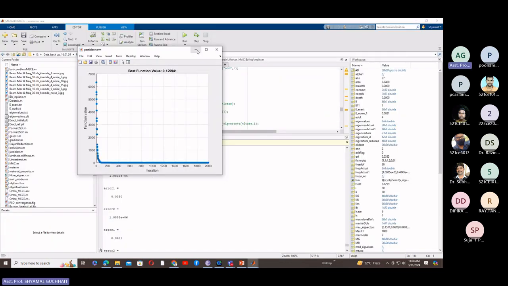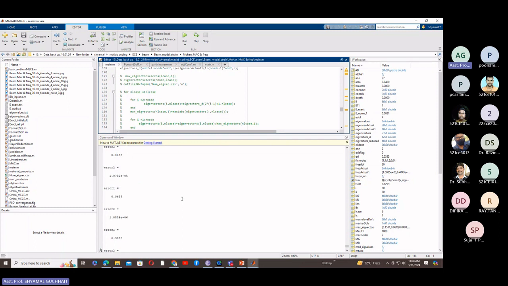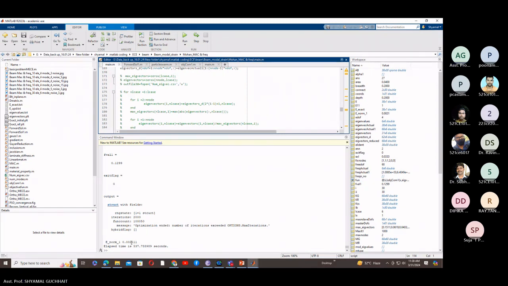And these are about these two plots. If you check the command window of MATLAB, you can see that E norm, the error norm of this whole algorithm or whole performance, is 0.002. That means there is very little error. Okay, even less than 2%, okay, 0.2%, even less than 0.2%. And the total elapsed time for running this algorithm is